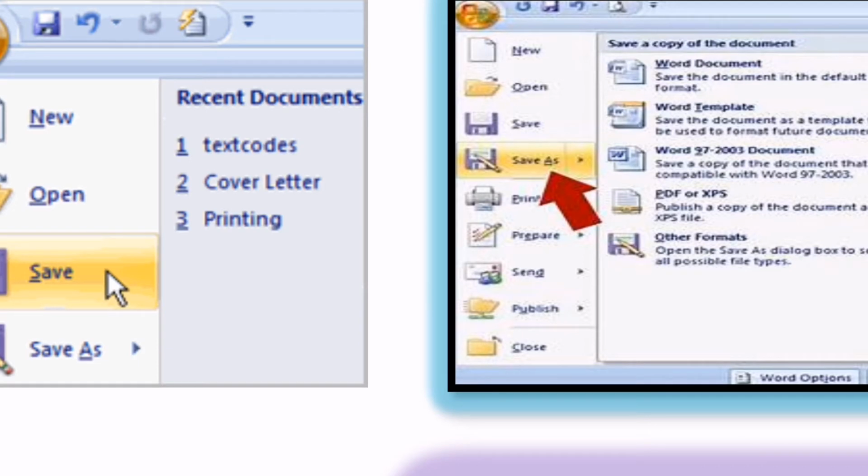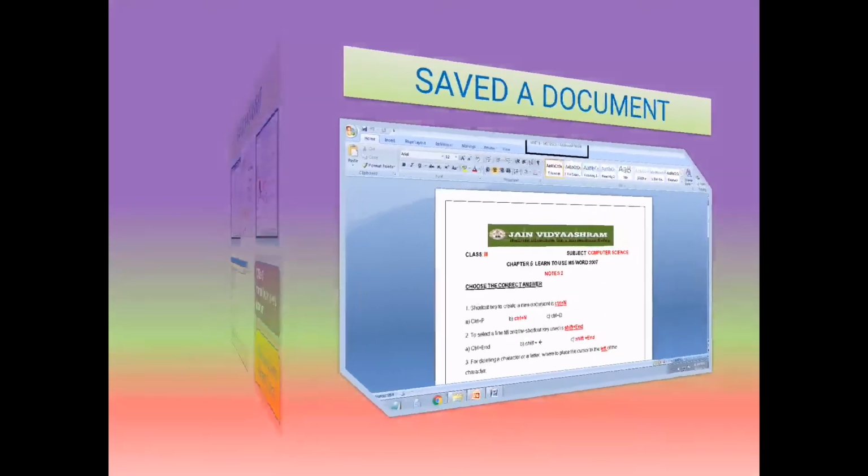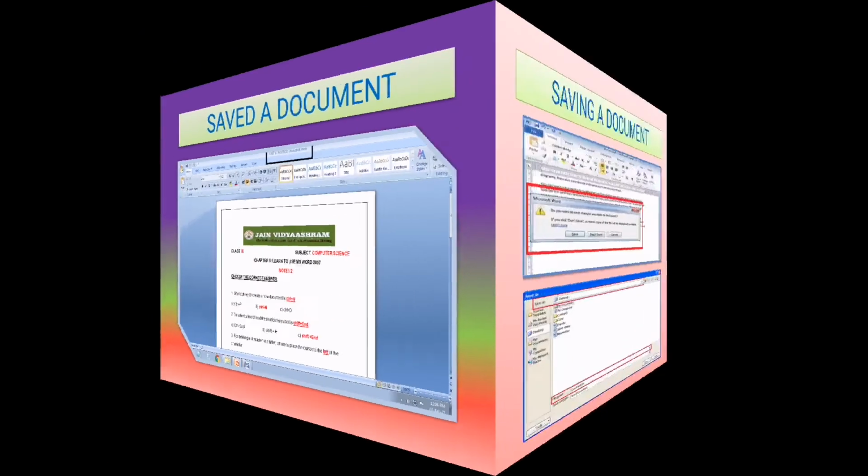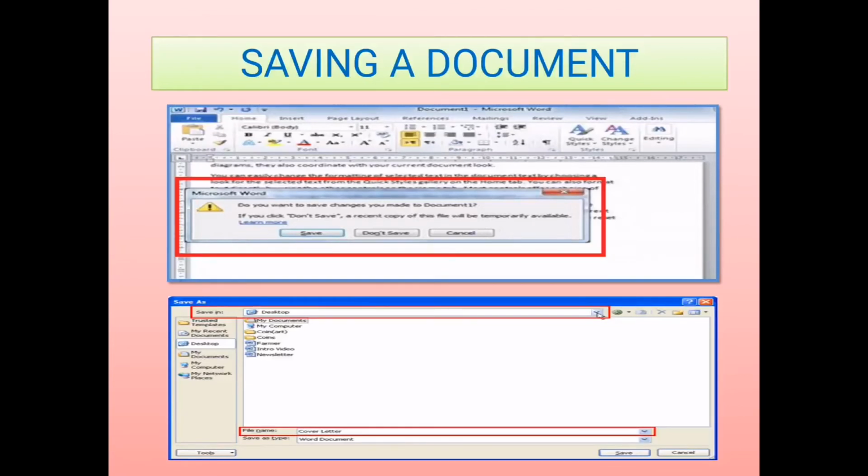The first time you save the file, you just choose the Save option. After that, if you want to change that name, or duplicate that file with a different name, we choose the option Save As. The text in that document doesn't change, only the name of the document gets changed. That's the purpose of Save As. The same Save As dialog box opens here.